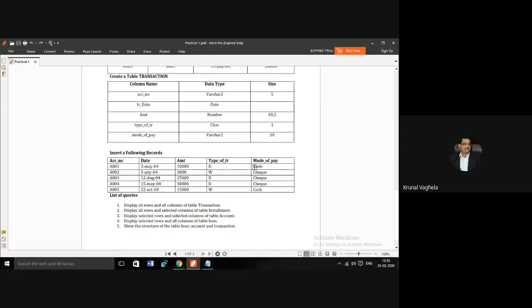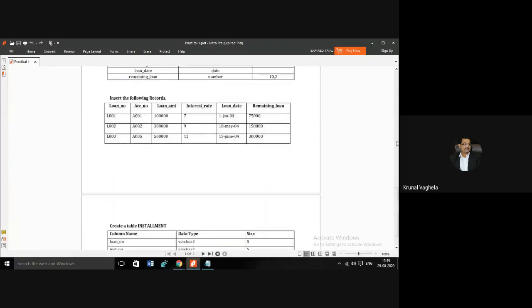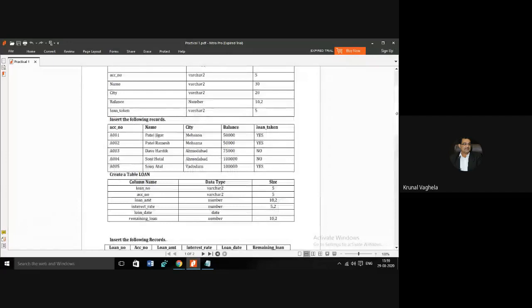D means deposit and W means withdrawal. He made a deposit by cash. Second, this customer on 5th July made a withdrawal of 5,000 by check. So this is the meaning that you need to understand, because whenever you are solving a query, you need this meaning. Now let's create the second table, loan.